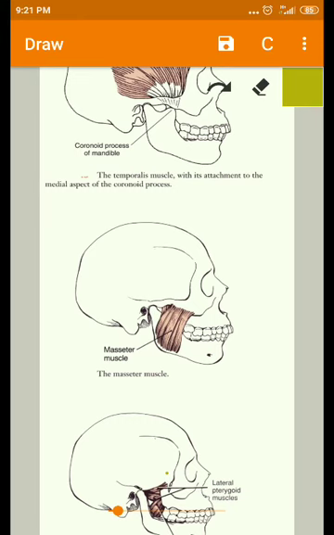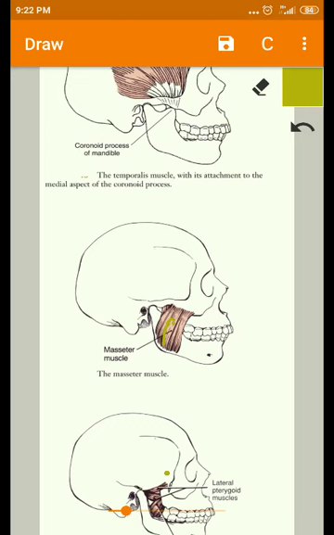And in what way it is parallel means in line of force. So both the line of force, it is acting on the external surface of the mandible. And here the superior fibers of the medial pterygoid are attached to the medial surface of the lateral pterygoid plate on the sphenoid bone.